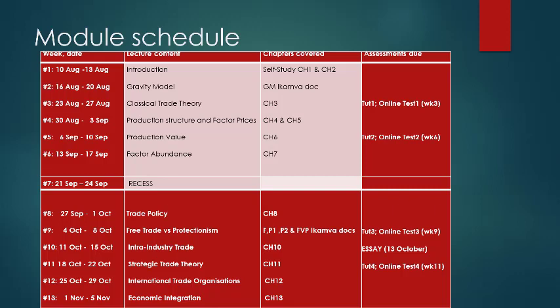This module schedule also has your assessment dates on it. Each item listed has a week number, so do not be confused; everything will be adjusted.